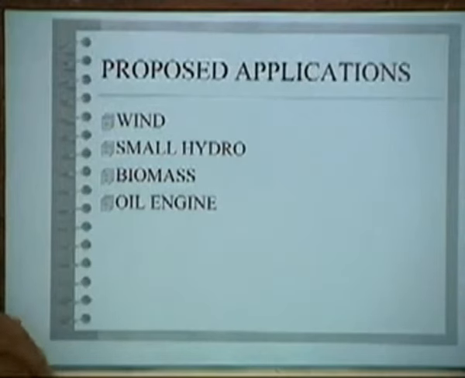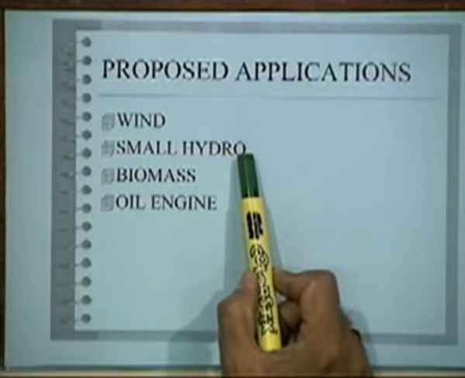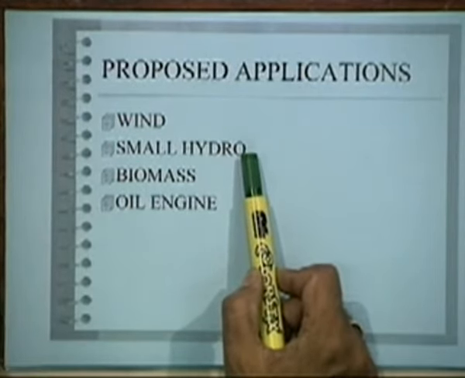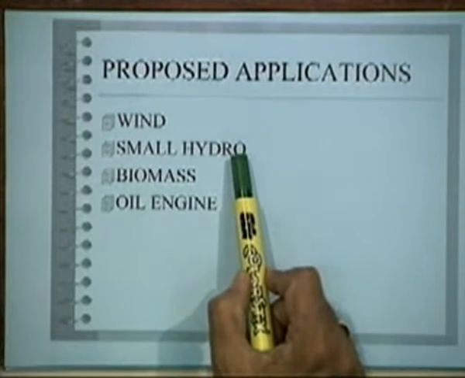Now the proposed applications. In fact, this area is still in development stage. Where it has already been seen in the field is in small hydro, because for example, India has nearly 5,000 megawatts of small hydro power. Wherever there are small waterfalls, even 10 kilowatt, 20 kilowatt for localized loads, it is found, because the advantage is the induction machine is so rugged, unlike a synchronous machine where you need brushes and things like that. So it can be used for standalone wind systems and small hydro systems, okay, and the biomass,